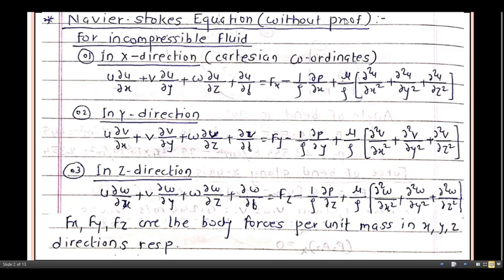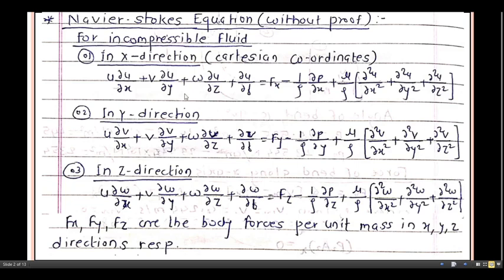Before that, in the topic dynamics of fluid, we have already studied the equations of motion by considering Newton's second law of motion, that is Fx equals max. If we consider the other forces, that is gravity force, pressure force, force due to viscosity, force due to turbulence, force due to compressibility, and if I neglect the force due to compressibility, we can get the Reynolds equation of motion. If you neglect the force due to turbulence, we can get the Navier-Stokes equation. If you just neglect the viscous force, then you can get Euler's equation of motion.